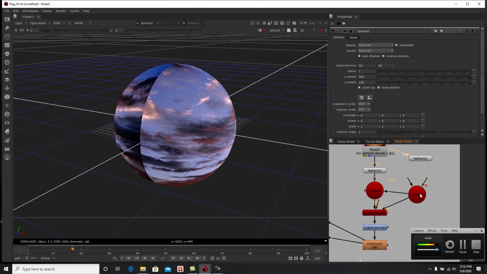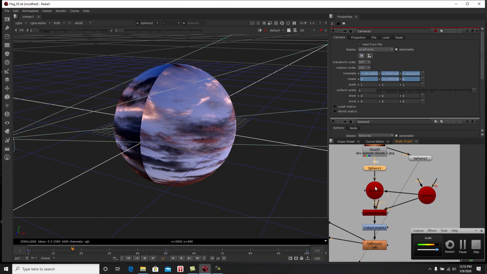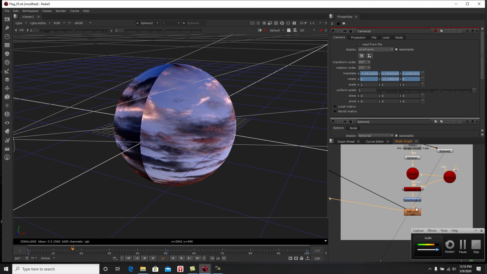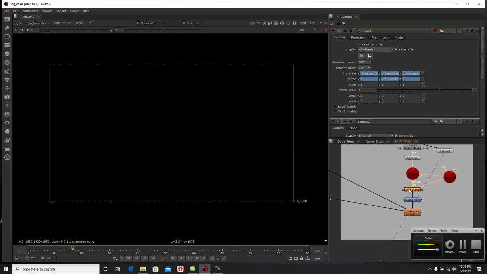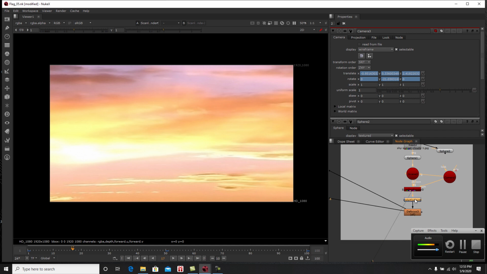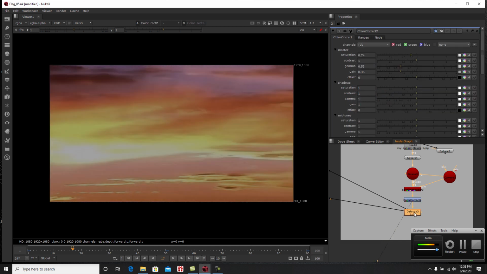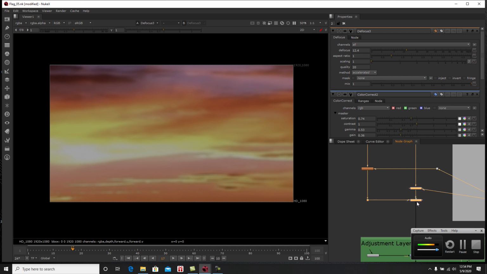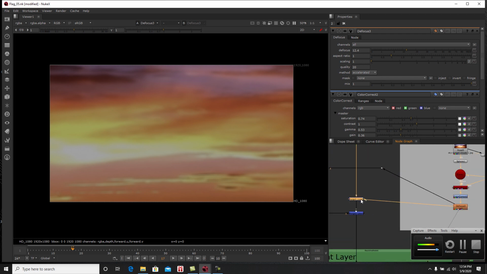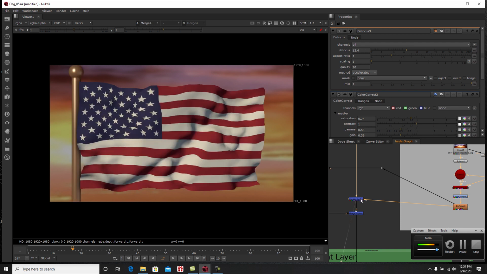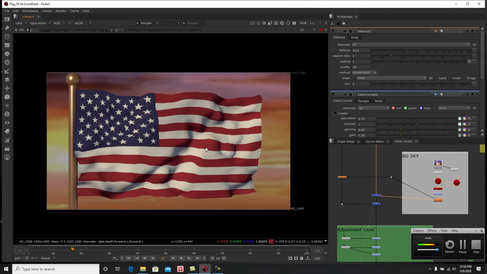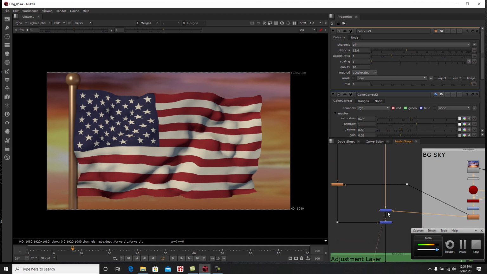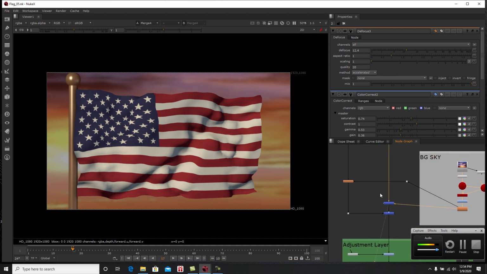right there. And I just copied the camera setup with the scene and the scanline render. So that's the sky. Added a color. Added a defocus. And I merge it with my flag right there. And from there, once I merge the flag in the background,